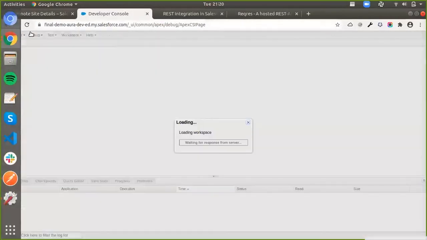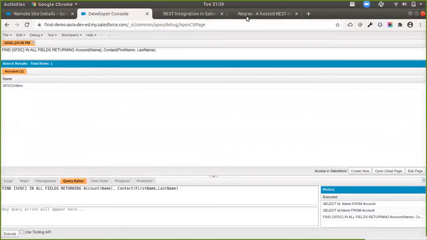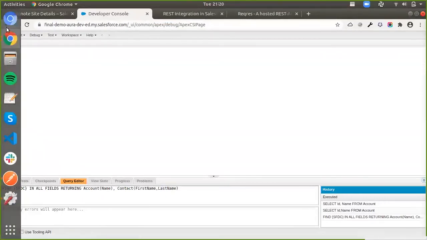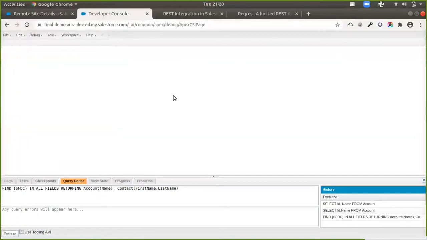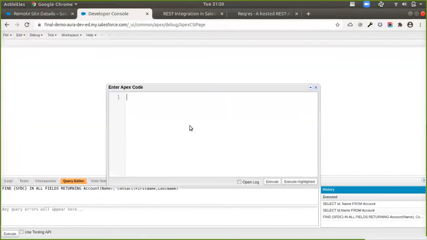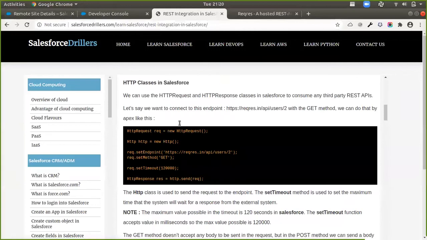Let's open this in a new tab. Okay, and in here, what I'm gonna do is I'm gonna open the anonymous window. And now here is the fun part. So if you want to consume REST APIs from inside your Salesforce, so if I go back to our website,